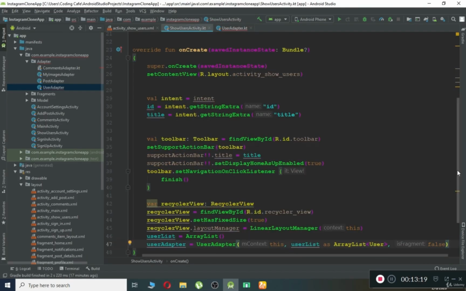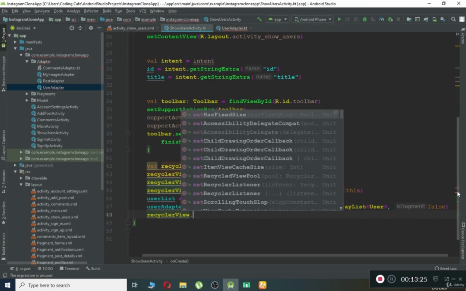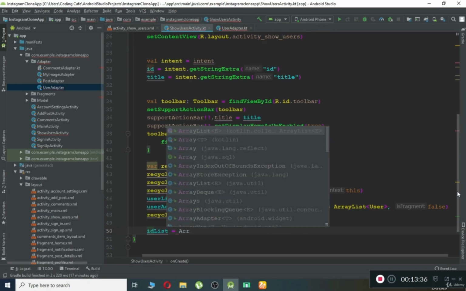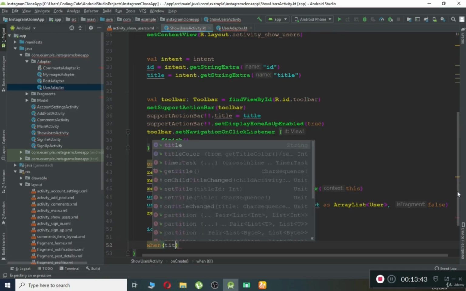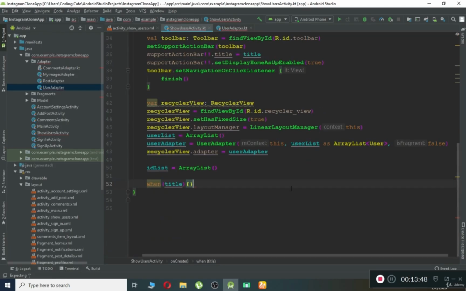So then we can say this dot adapter equals to user adapter. ID list is array list. Now here we need to add a when statement, and it will work on the basis of title. We will run some functions, or you can say implement some functions. So if the title is equal to likes, that is, if it is likes, then in that case we want to use this